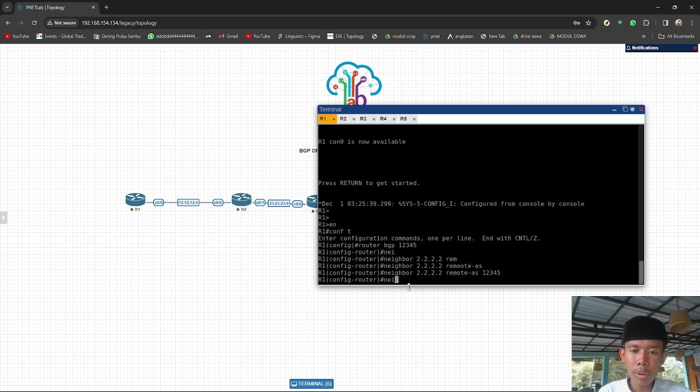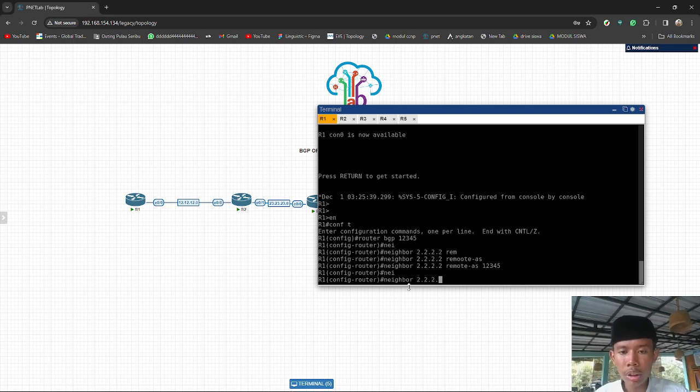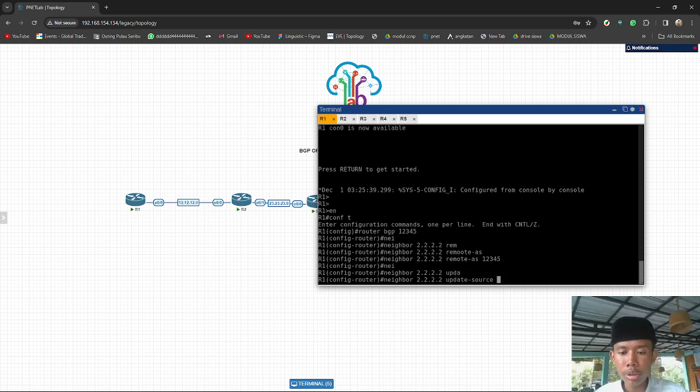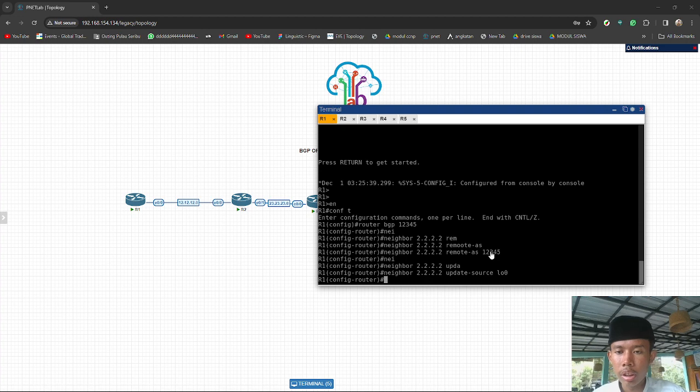Neighbor 2.2.2.2, and update source. We will do update source from loopback 0, and then for neighbor 2.2.2.2 we'll do the route reflector client configuration.